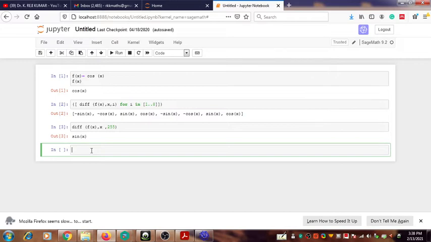Before that, without defining a function, you can find the derivative. See how: first we use diff and then put the bracket, and inside the bracket you can give that function. We want to differentiate the function x cube plus